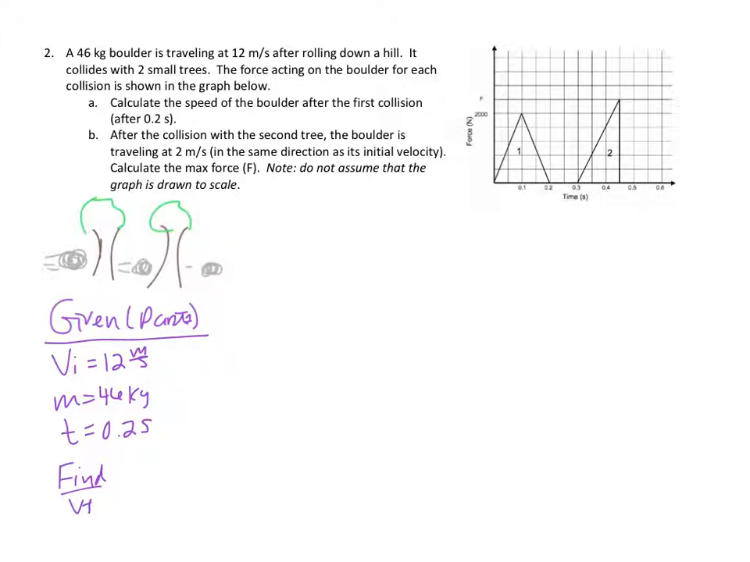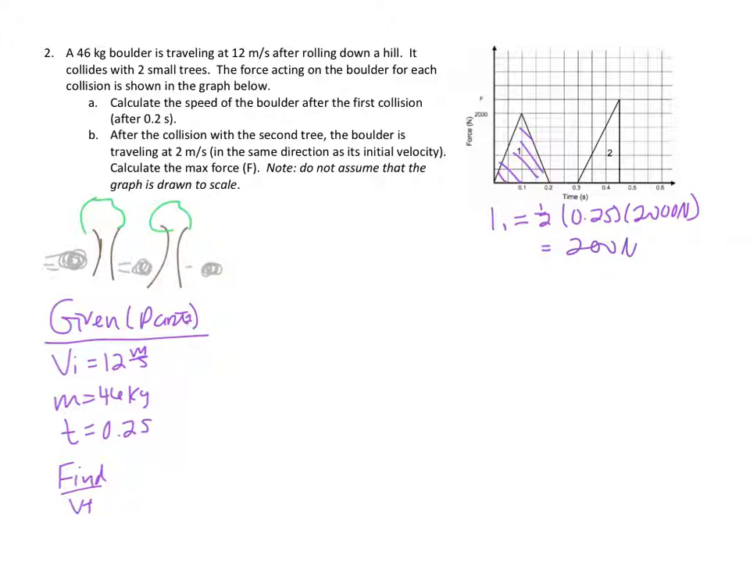So from the graph, this is a triangle. We can figure out the impulse for part 1. So impulse 1 just equals 1/2 base times height. So this is 1/2 times 0.2 seconds times 2,000 newtons. This is going to give us